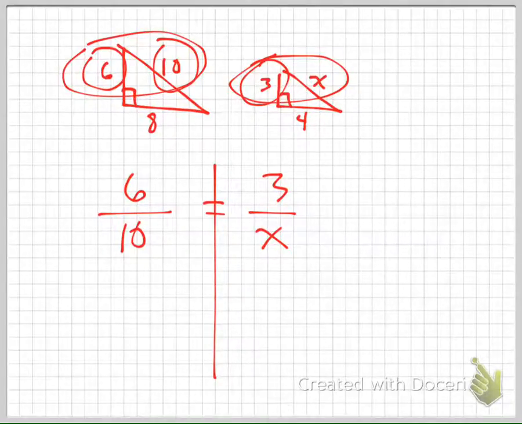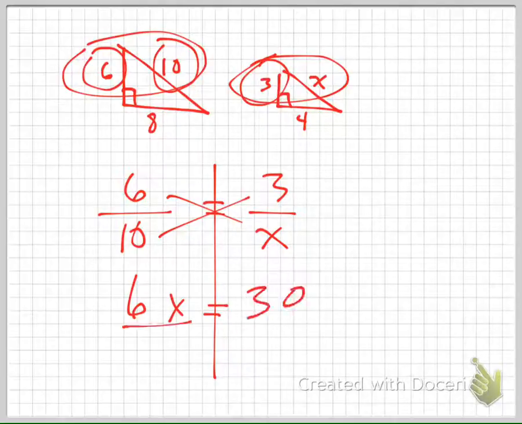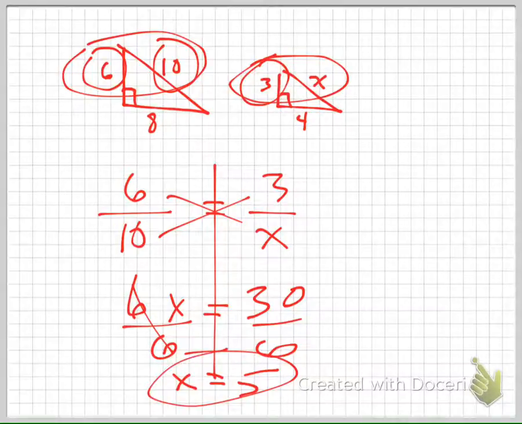Line down the equal sign and solve. How do I solve it? Cross multiply, right? 6 times x is 6x, 10 times 3 is 30. Divide by 6, divide by 6, x equals 5. You knew that was 5. That's why it's 5. Now, I'm going to take that same exact concept,